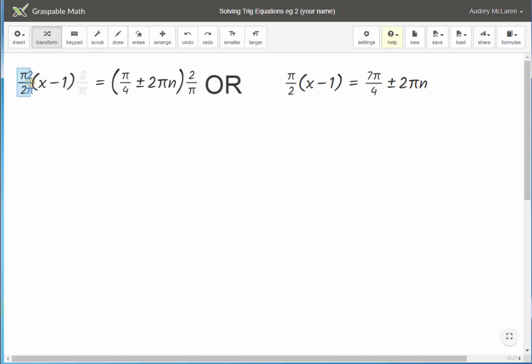So you're just going to drag that over and let those cancel each other out. And on this side, you're going to need to distribute the multiplication by 2 over pi by dragging it into the bracket. And the rest is very much the same as the previous example. So you can try that out on this equation and on the second